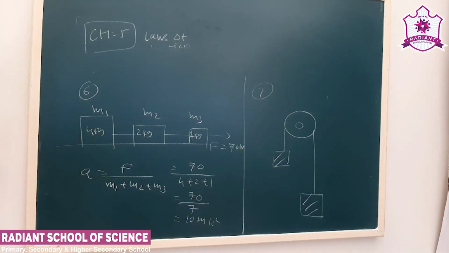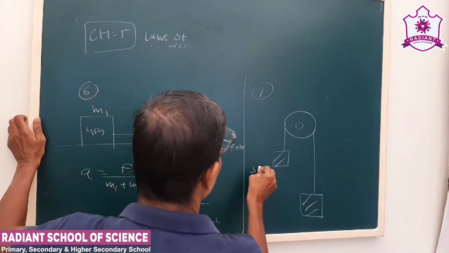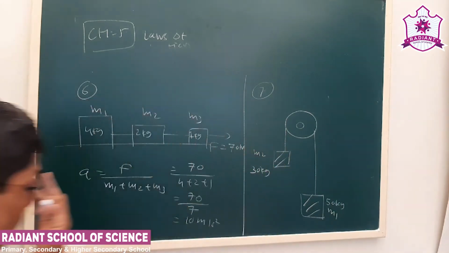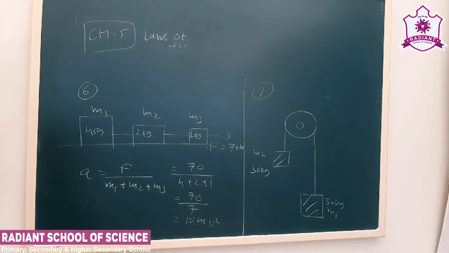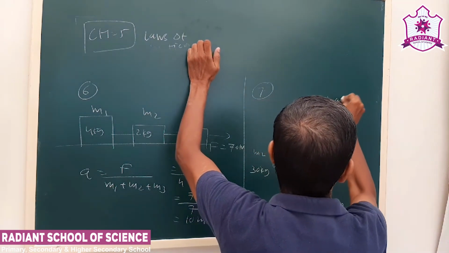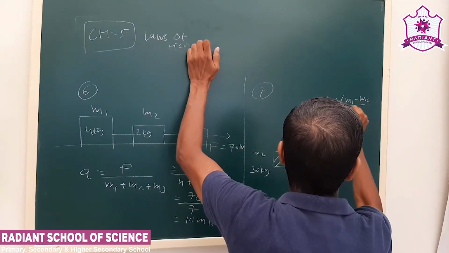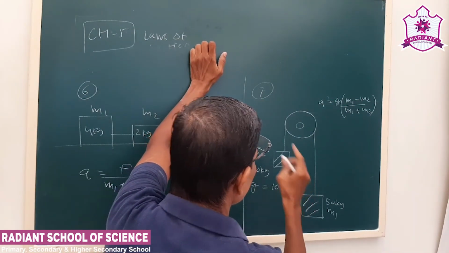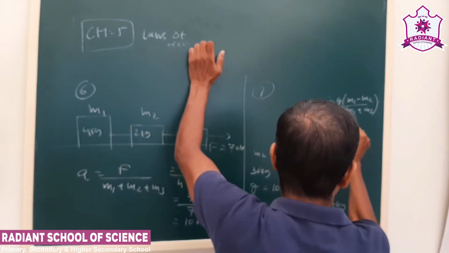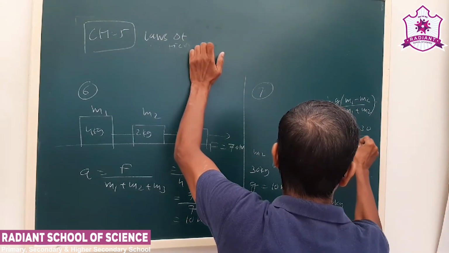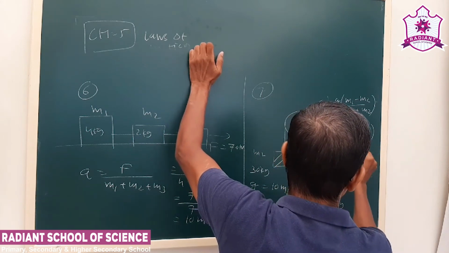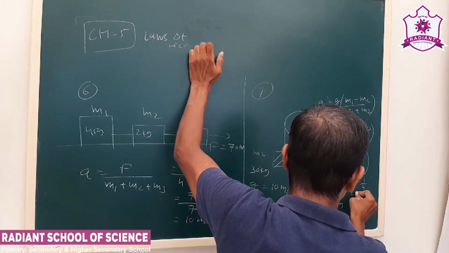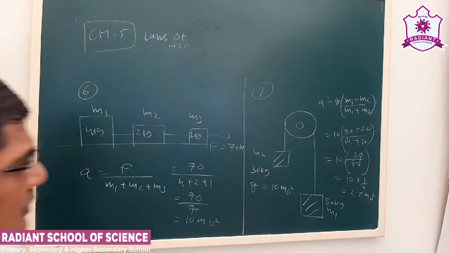Okay, this equation we also derived earlier. See, masses are 30 kg and 50 kg, let us say m1, m2. What is the common acceleration of the system? So we have derived it earlier. You can remember this as a formula also, m1 minus m2 upon m1 plus m2 into g. See here, g value is given as 10 meter per second square. So it will be 10 into 50 minus 30 upon 80. Okay, this is how we can solve.